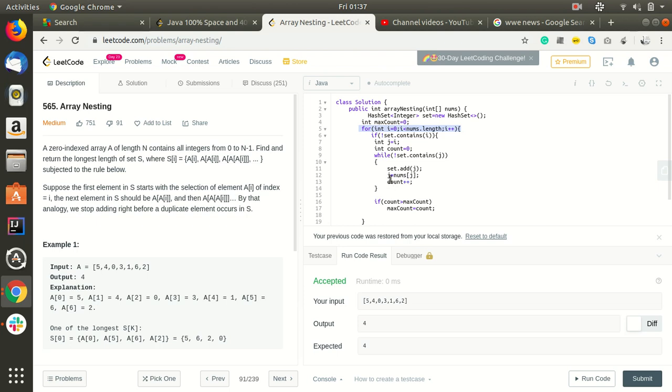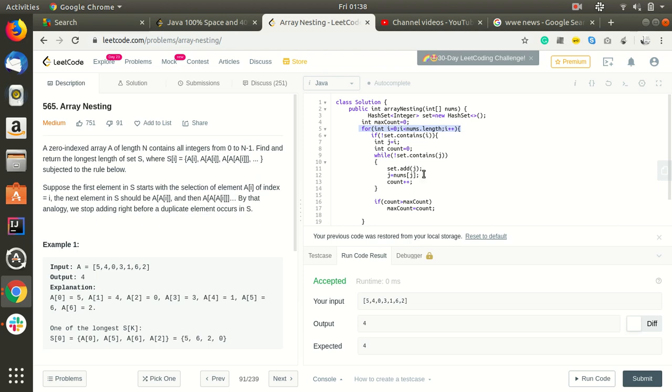Now count will become 1 and j will be 5. So the fifth index is not visited yet, so again it will add the fifth index, set.add, then j is equal to nums[j], which is now 6, so now it will visit the sixth index, which is 2.